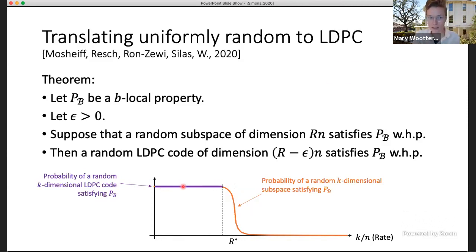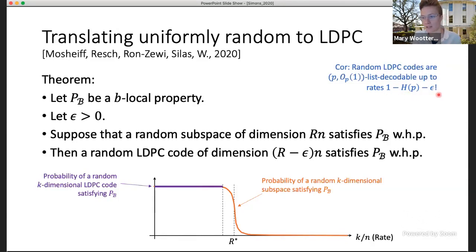So a useful corollary of this is that random LDPC codes are list decodable, okay, so this is some jargon, up to list decoding capacity. So basically there's been a long line of work which establishes that random linear codes, aka uniformly random subspaces, have basically optimal trade-offs for this how-many-points-live-in-a-ball type of question. And now for free, we get those results translated to these much more structured codes. Okay, so this is the theorem. I want to say a few words about the proof, but are there any questions about the statement?